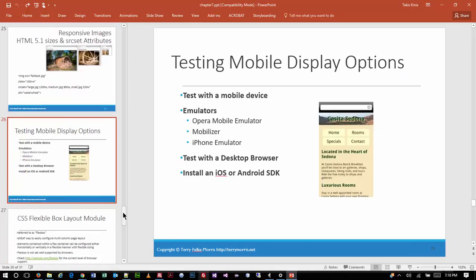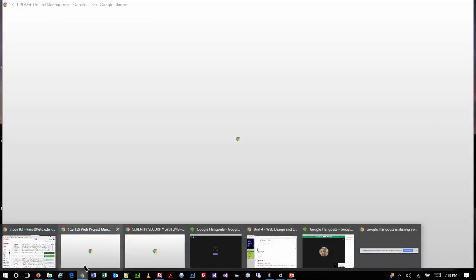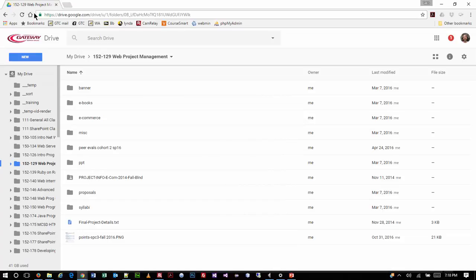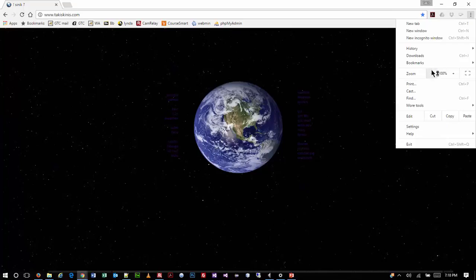All right, you're designing stuff for mobile. Hands down, best way to test it is use a mobile device. It's really the only reliable form. However, there are emulators. There's pieces of software you can download that will emulate mobile devices. Your browsers these days all have emulators built in. So just for example,